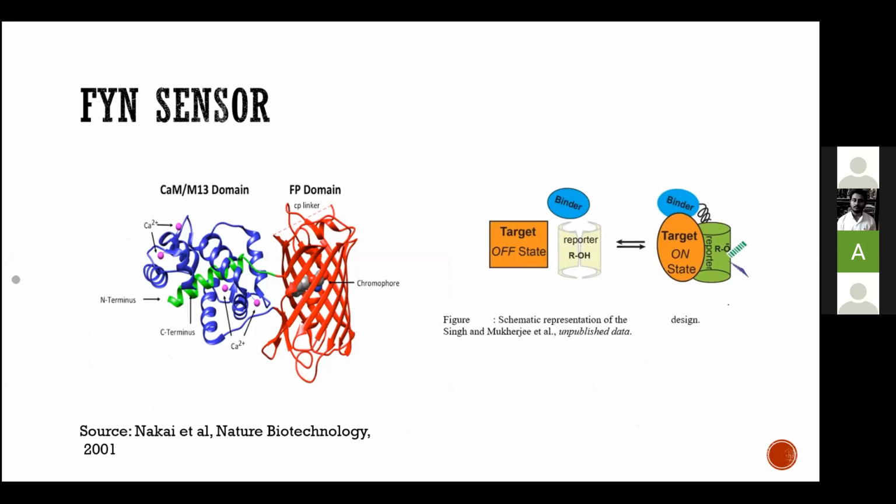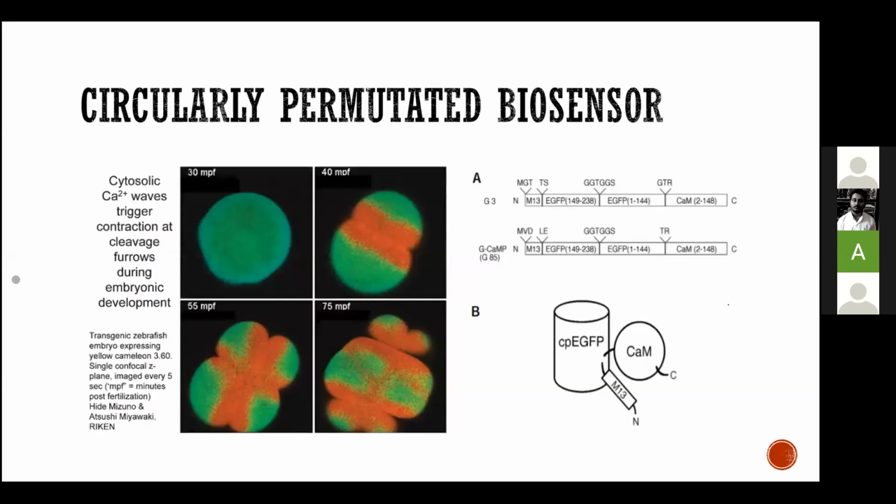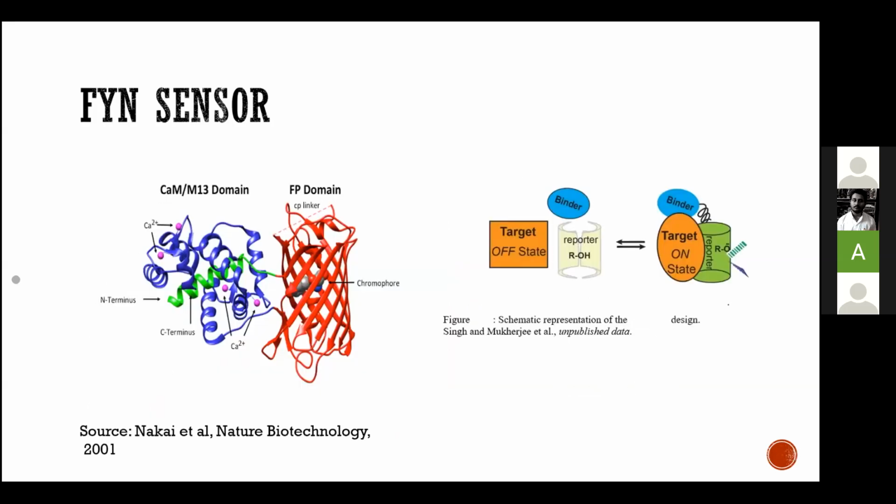You see this is EGFP, this is not GFP. CP here means circularly permuted, E means enhanced, and GFP is green fluorescent protein. So basically what our lab did was take the GFP, not EGFP, and do the same